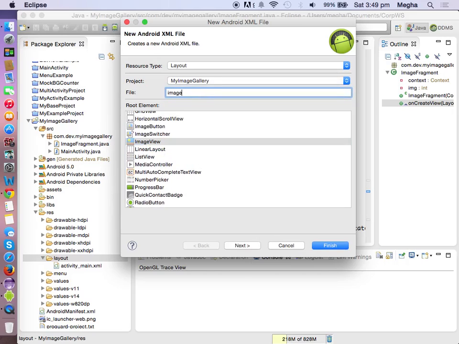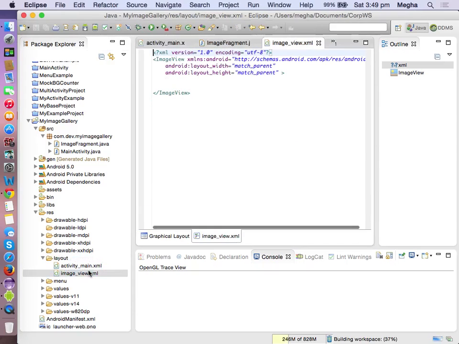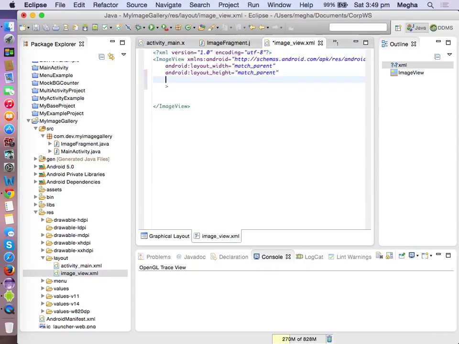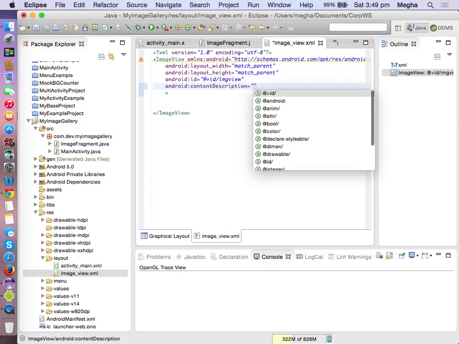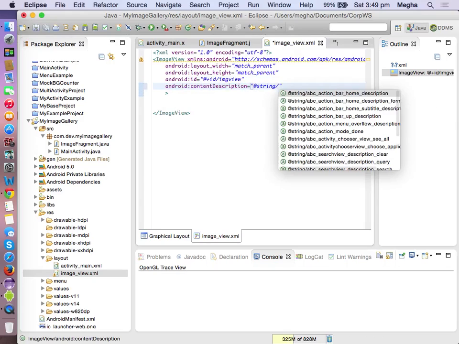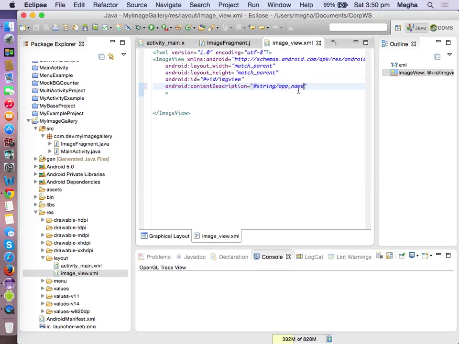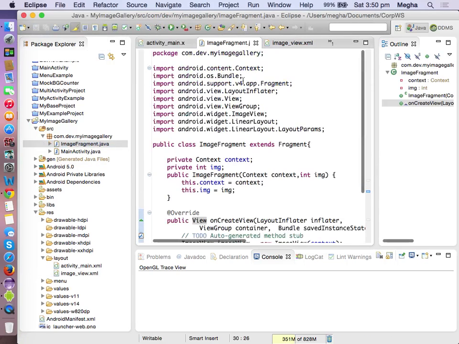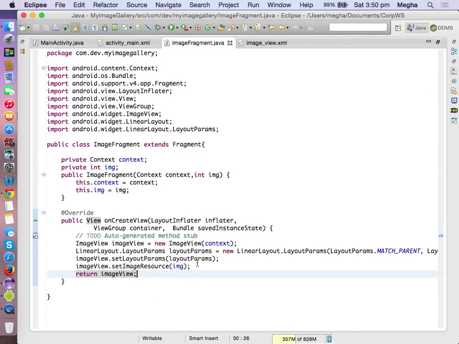So give some name, it is created for you, and give an ID, some name. This one will want a content description. Okay, I can have it done in XML. So here, instead of this one,